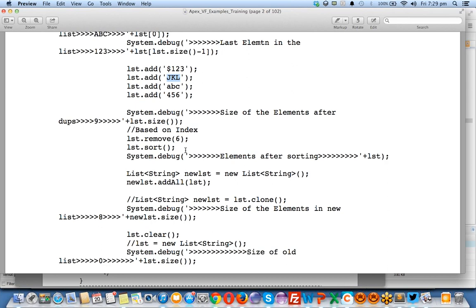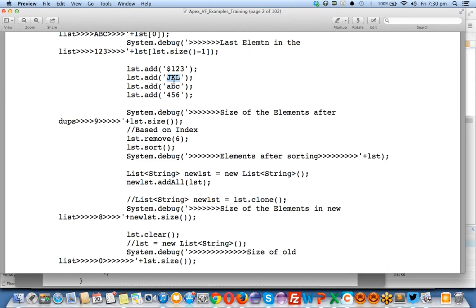Sorting means you can sort the list if you have different types of values: Santosh, Ravi, Anita, Venkat, and some different names in different entries. If you want to sort all the values, because some people will follow the naming convention, you can follow the naming convention in the alphabetical manner. If you click on sort, automatically it will sort, first they'll keep the symbols, after that numbers,